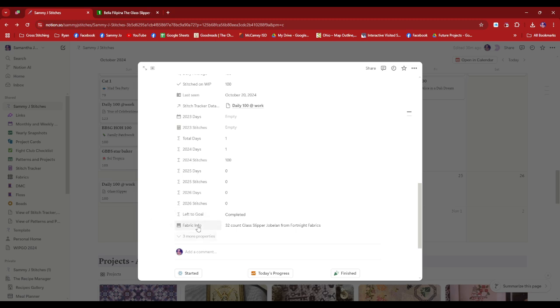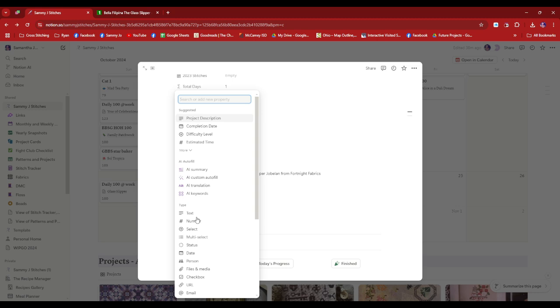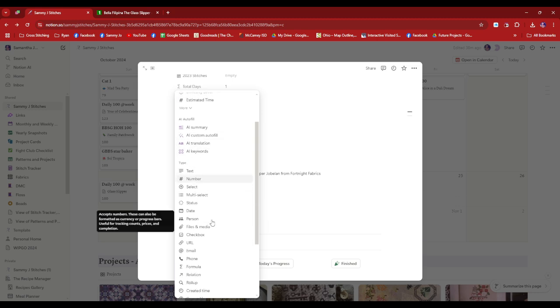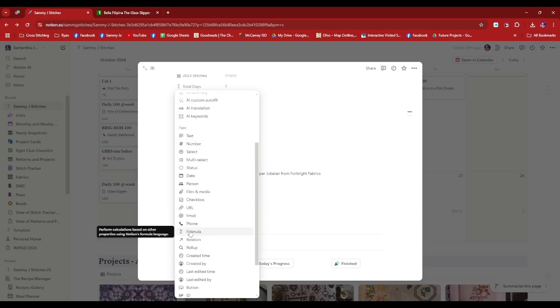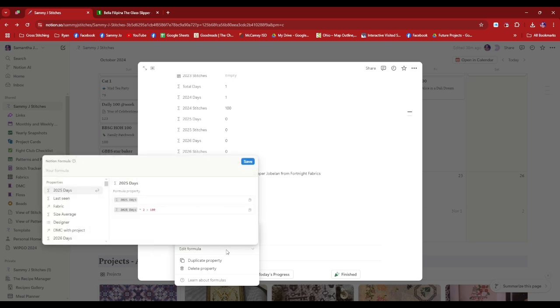So to do this, you have to add a property. Hold on. If you want to set this up in yours, I'm going to show you how. So you might want to bookmark this. So we're going to add a property. We're going to pick one with a formula. So property and then formula. Now, so it pops up like this. We go to edit formula,